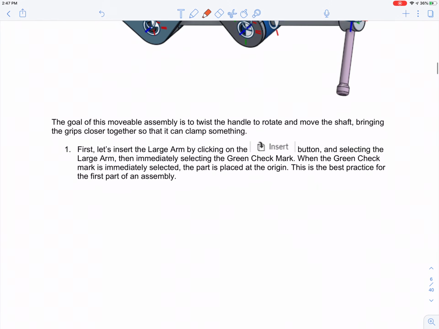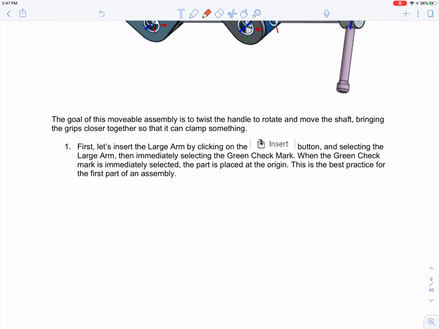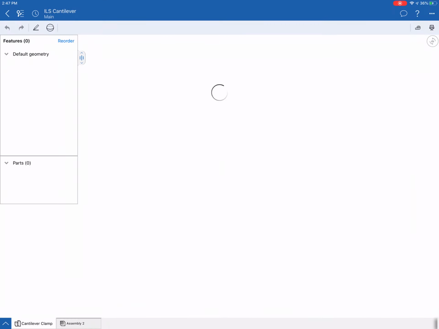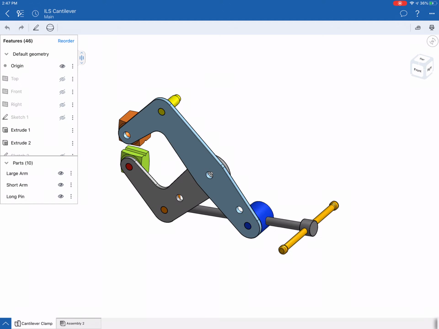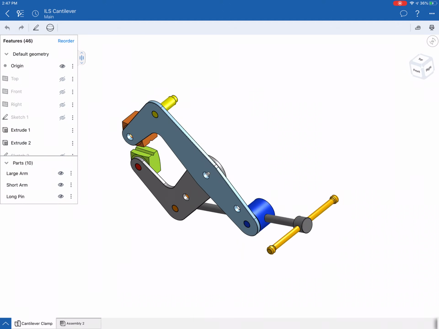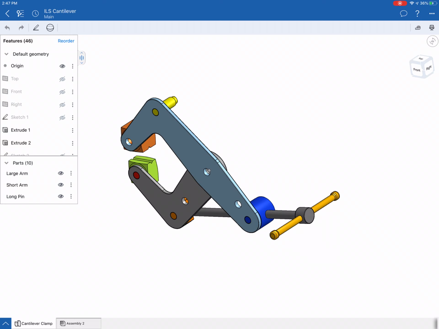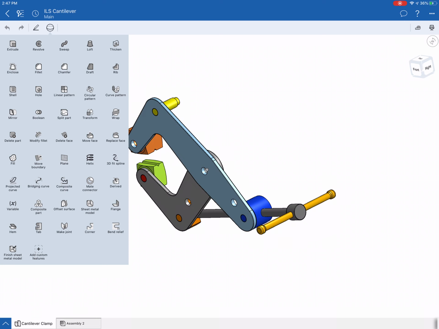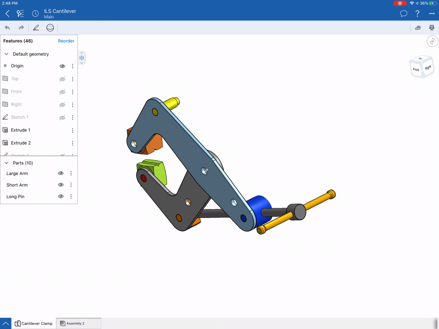You have to make sure you are on the assemblies tab and not on the parts in the part studio. So if I'm in the part studio, if I'm in my clamp file, this is what my part studio looks like. It's the first tab. This is where you do your sketches and your other commands. And as you can see, your parts are listed in the lower left,